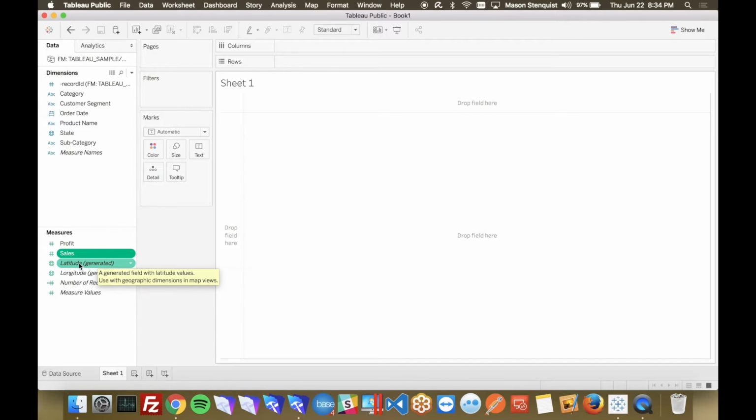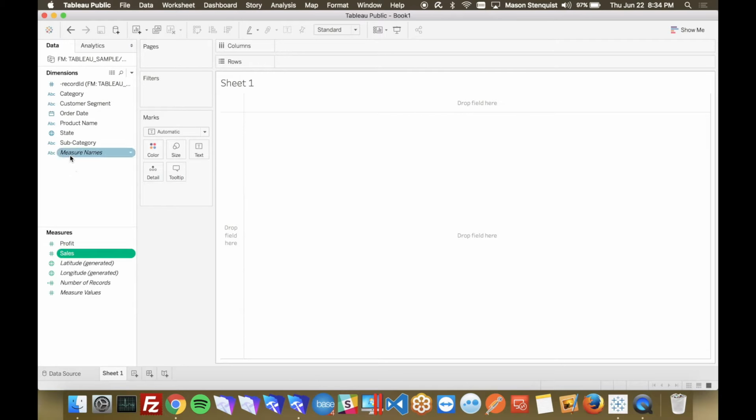And it automatically generated the latitude and longitude based on the state information. Number of records is something it also just gives us. I didn't have to add a summary field or anything like that. And you can make calculated ones and all that, but we're not going to